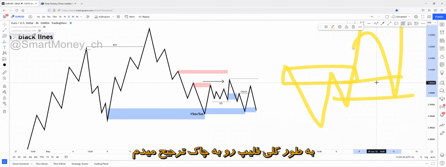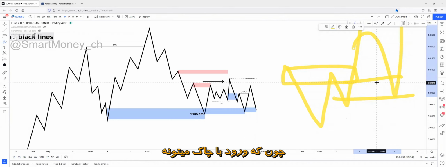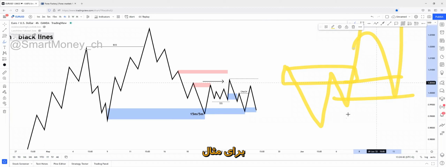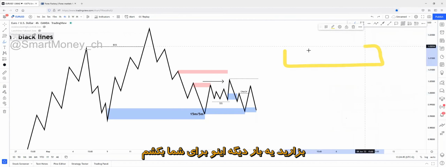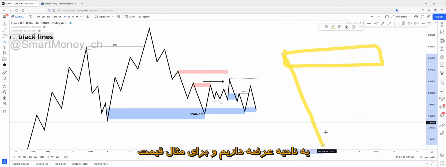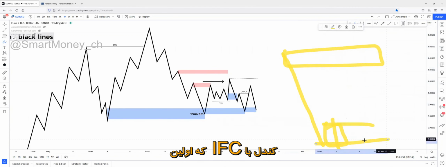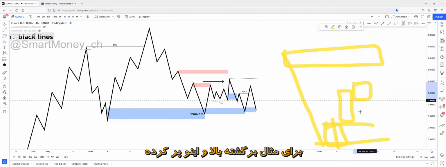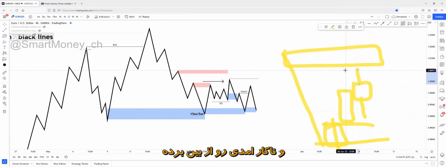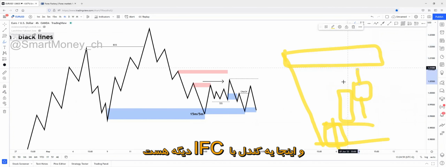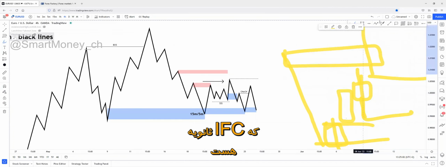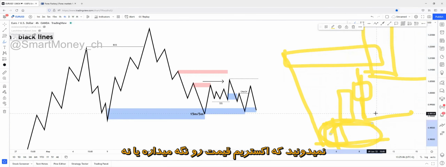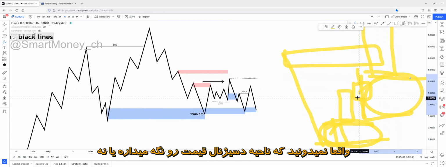Mainly I prefer flips over change of characters, because in a change of character entry, there could be several demand zones that could be used. For example, let me just draw it for you once again. There's a supply zone, and for example, price prints candles. This will be the first inefficient candle that has caused the first inefficiency, and after this, price fills up and makes the price efficient, and there will be another inefficient candle that has caused the second inefficiency, and you don't really know which zone to choose. You don't really know that the extreme will hold, or that the decisional will hold.